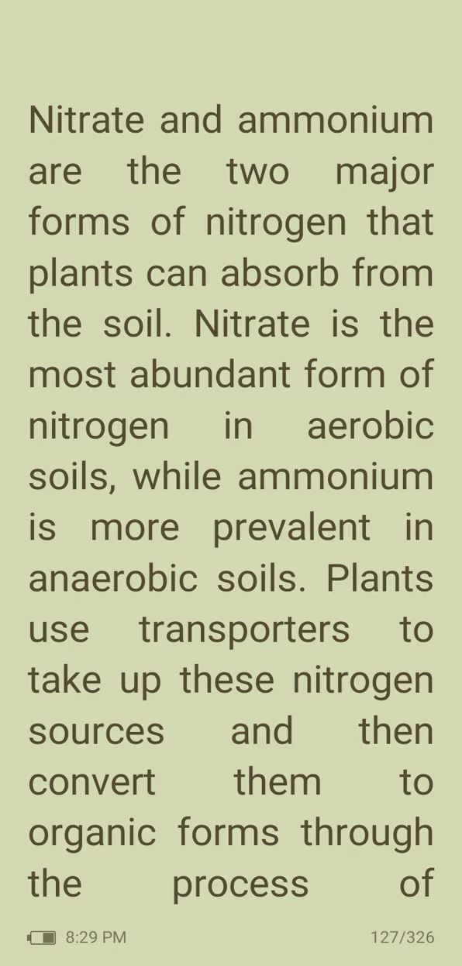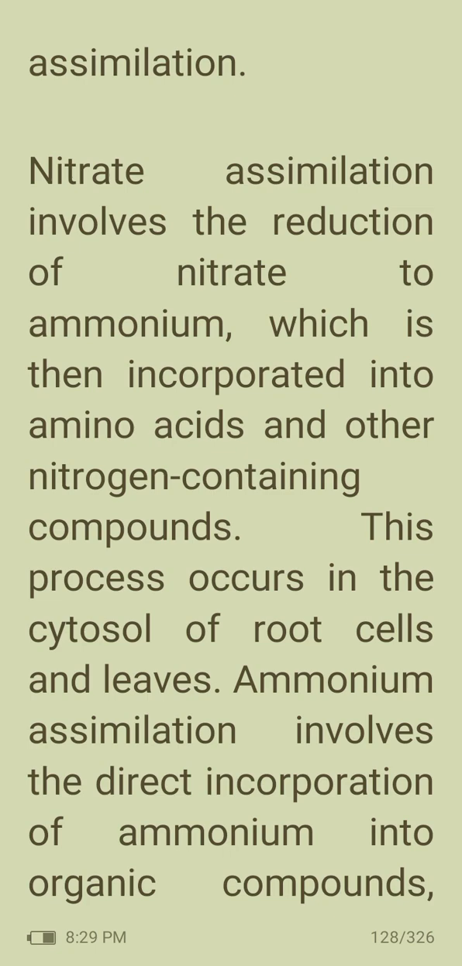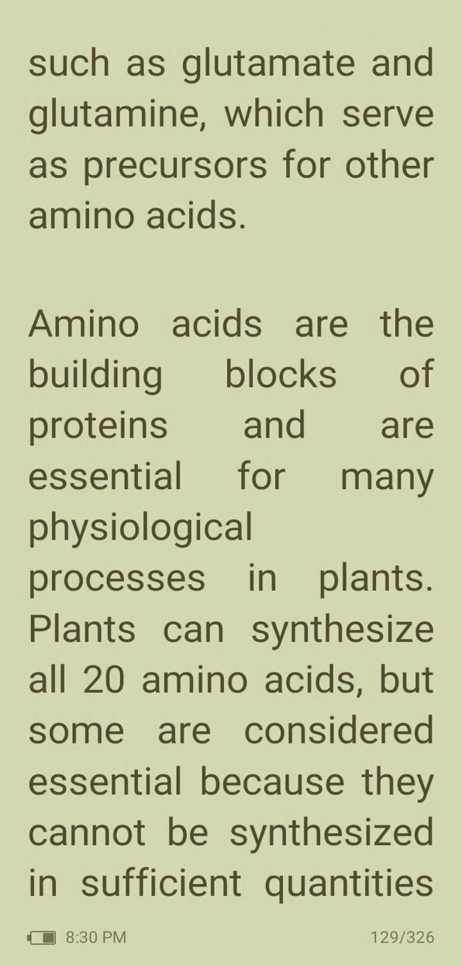Plants use transporters to take up these nitrogen sources and then convert them to organic forms through the process of assimilation. Nitrate assimilation involves the reduction of nitrate to ammonium, which is then incorporated into amino acids and other nitrogen-containing compounds. This process occurs in the cytosol of root cells and leaves. Ammonium assimilation involves the direct incorporation of ammonium into organic compounds such as glutamate and glutamine, which serve as precursors